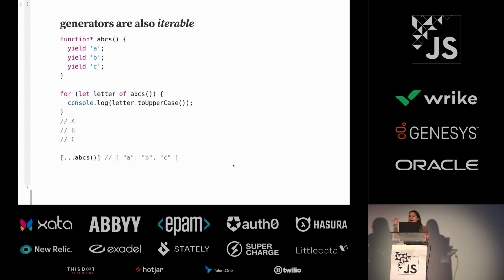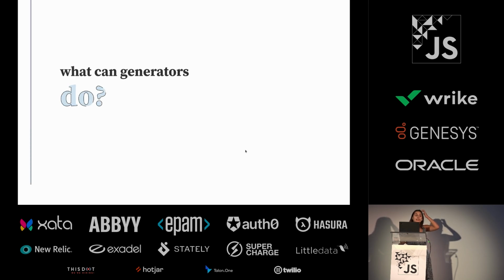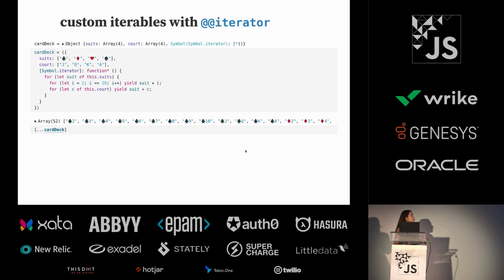Well, okay, for a small, finite sequence of letters, you probably wouldn't. But what's cool about generators being iterables is that they make it really easy to write more complex iterable objects. So now that we've seen how generators work, let's take a look at what they can actually do for us. One really cool thing that generators make it very easy to do is